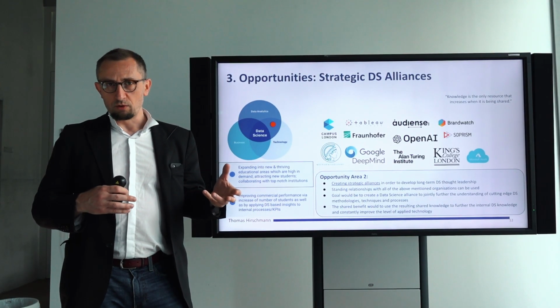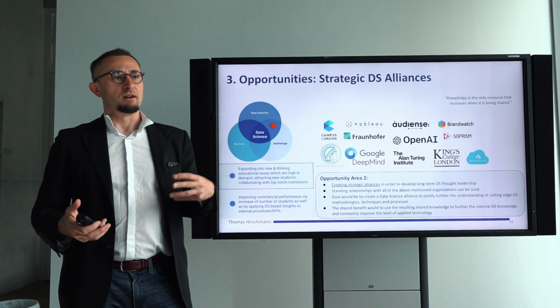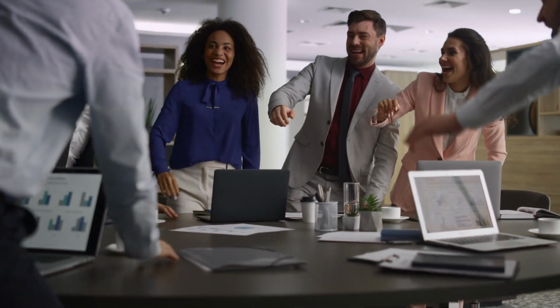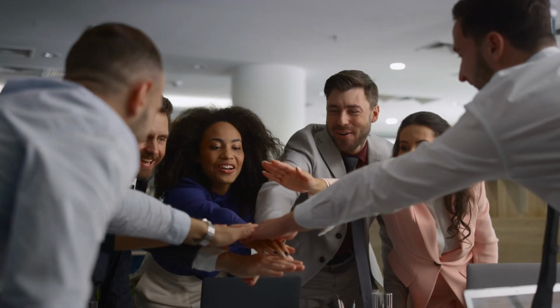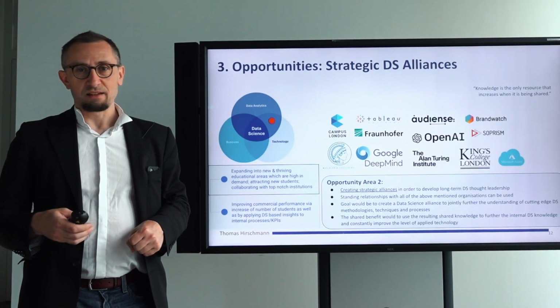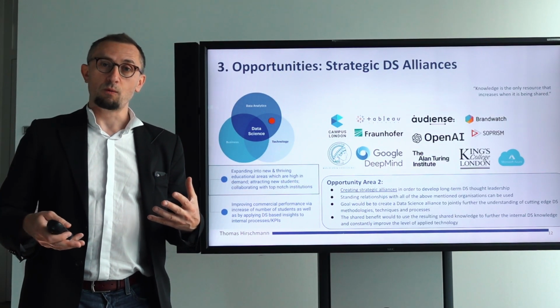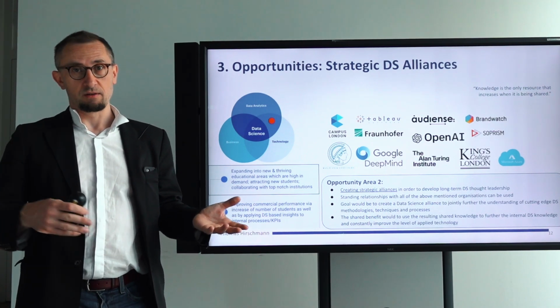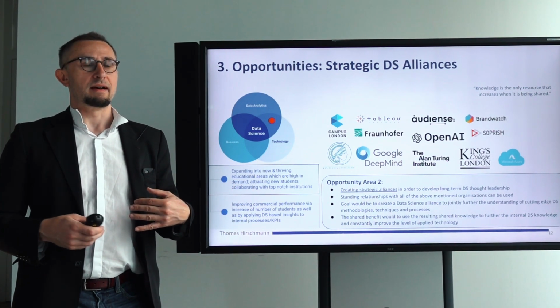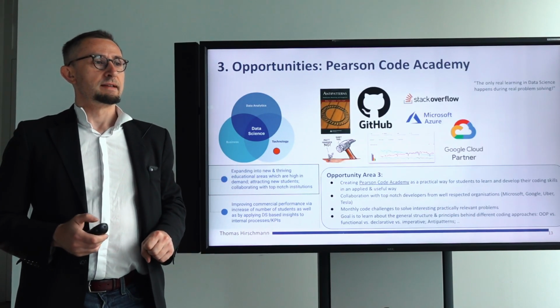So what you first want to do is find your matching levels. You want to find the partners that are right for you, where there's mutual interest, but also where the level of working together is best. And there's a mutual value to be generated. Now, for that to be successful, you first need to obviously know what you want to get out of that partnership, and you want to anticipate what your partners want to get out of their end of the partnership. And where there's an overlap, there's an opportunity, obviously.